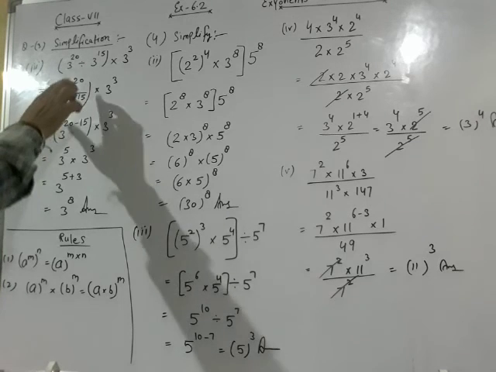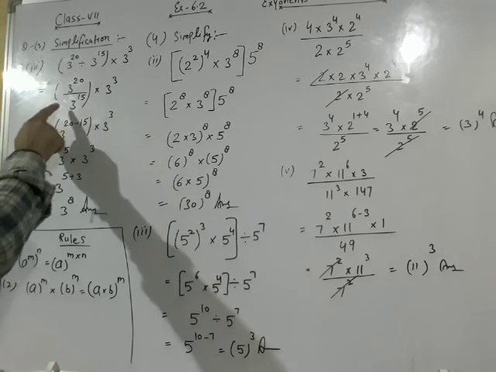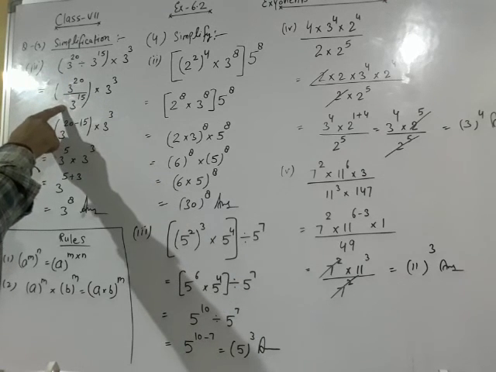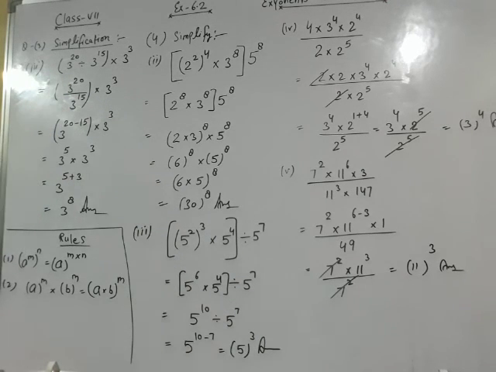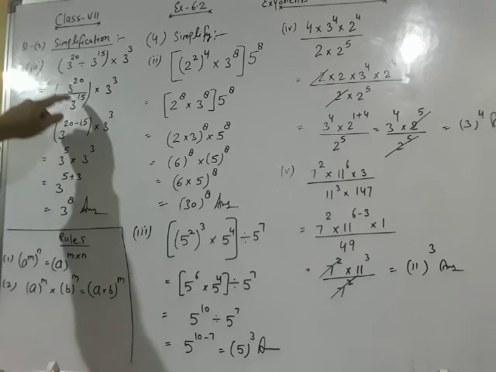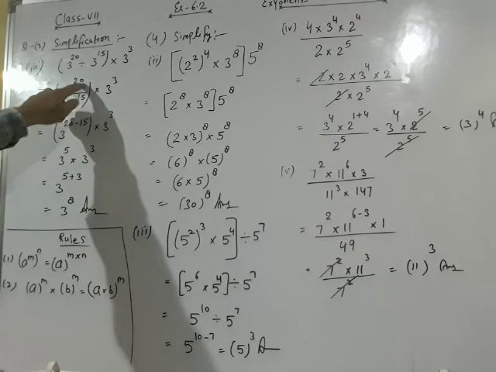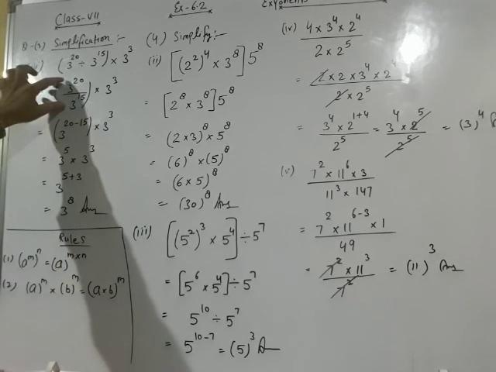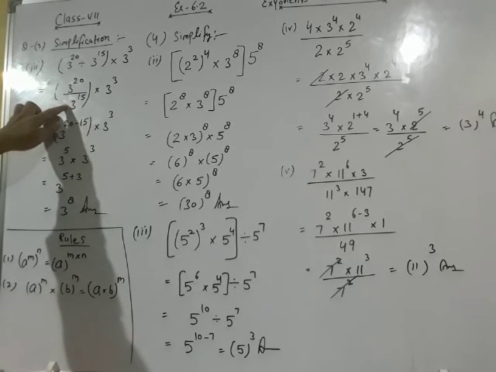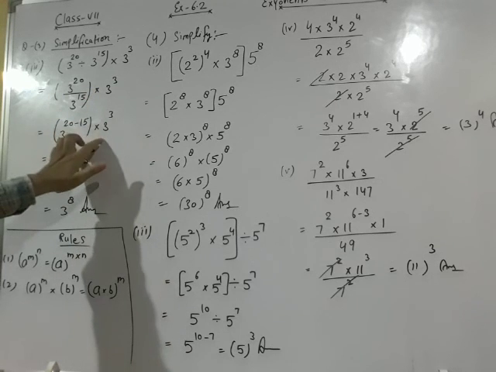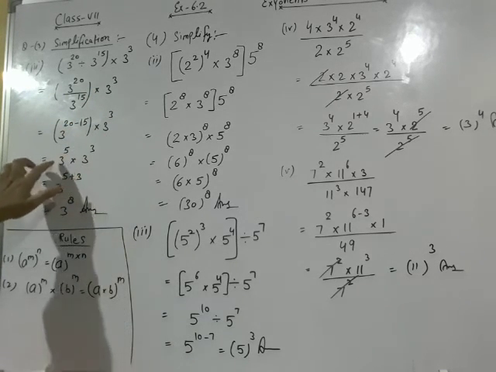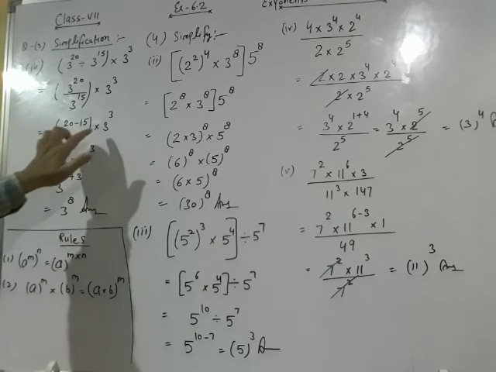According to this, we can write the division in this form also. And now we are applying the division law of exponents. We will subtract the denominator power from the numerator power, 20 minus 15. We can do this because their bases are equal, and multiply 3 raised to the power 3 will remain same. 20 minus 15 is 5, so it will become 3 raised to the power 5 multiply 3 raised to the power 3.